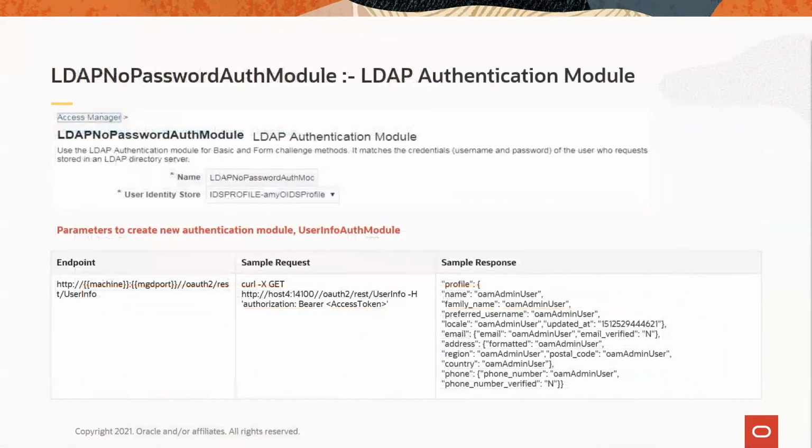Moving further, that's a typical example of how these are mapped into the backend store, and we have an LDAP authentication module here. Then we see, using this user info endpoint and a REST API, using a GET operation representing the user info endpoint, the authorization code, and the access token which contains the ID token. This is the sample response you see, getting the user info profile response here, with different attributes.